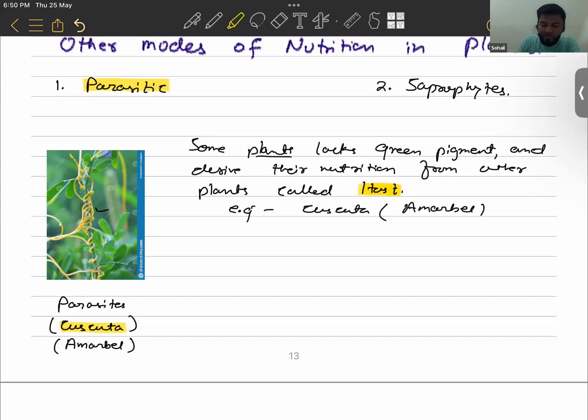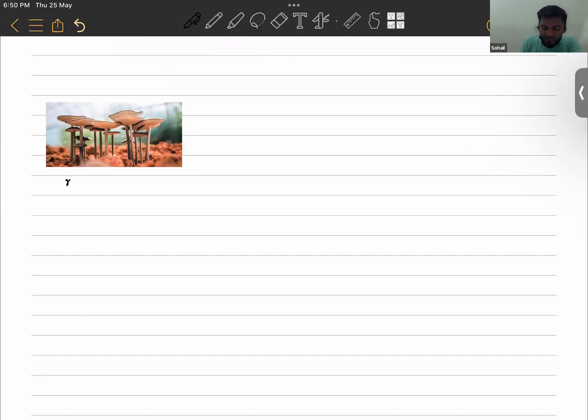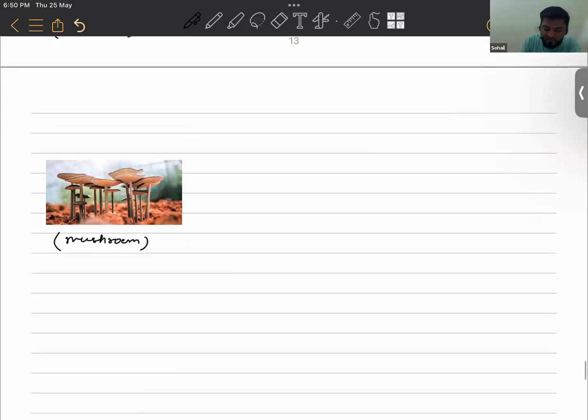Now another mode of nutrition in plants is saprophytes. Okay, so see here in the figure, this is actually a mushroom. Okay, this is actually a mushroom here. So mushroom, it basically grows on dead and decaying plants and other organic matters. Okay, so we say that some non-green plants